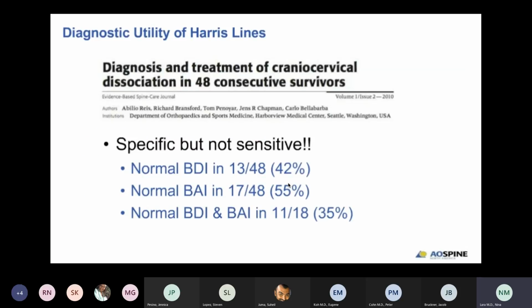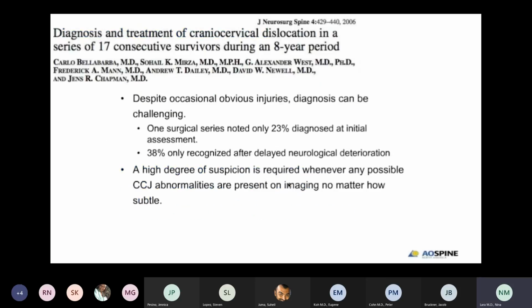So again, the utility of the Harris lines, they're specific, but they're not sensitive. So in these patients with craniocervical dissociation, 42% were found, that's not 40, sorry, 13 out of 48 patients were found to have a normal BDI, a normal BAI, and they had craniocervical dislocation. So not the only tool in determining if these patients have an injury. So again,